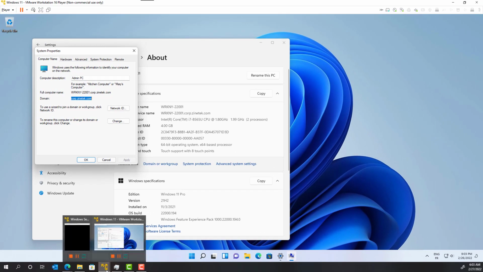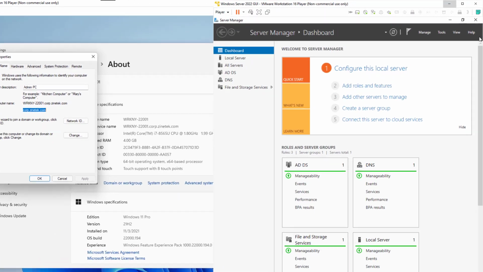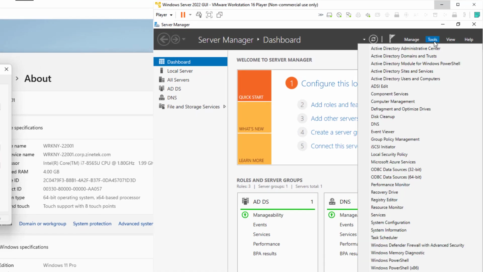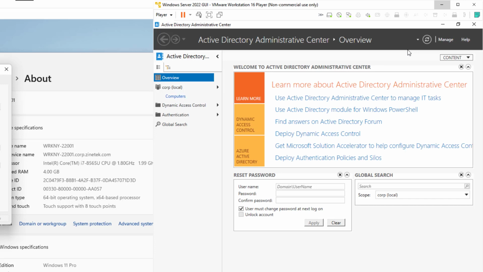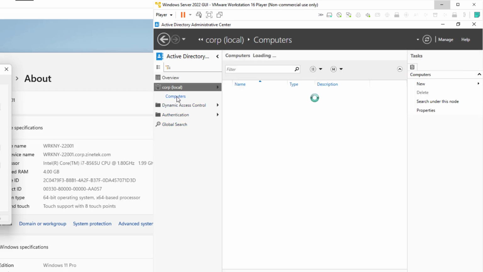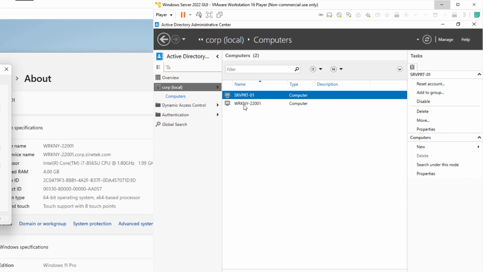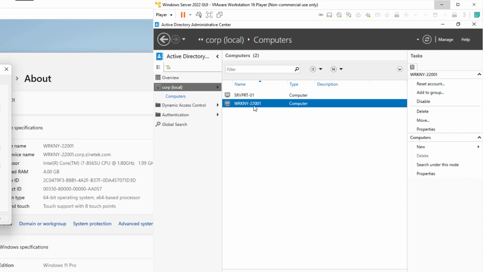You can also check that on the domain controller. Open the Tools menu, then click on Active Directory Administrative Center. On the left side, click on Computers. Here it is. Our Windows 11 workstation is officially a member of the domain